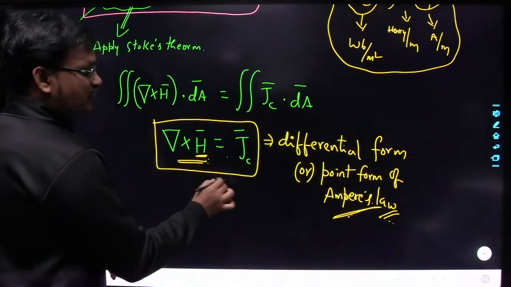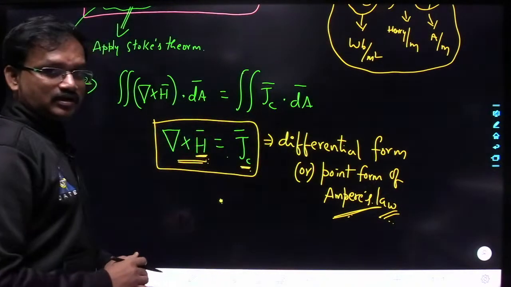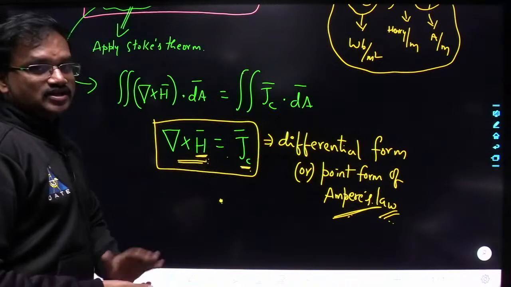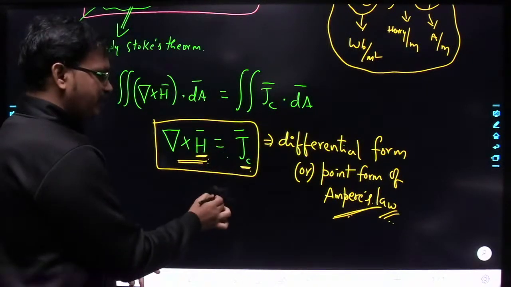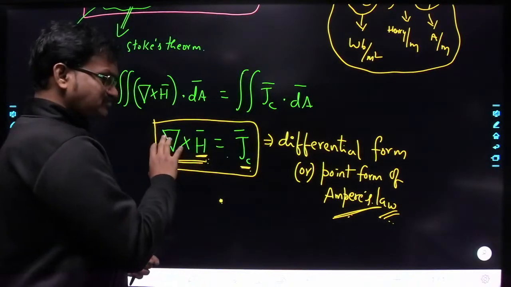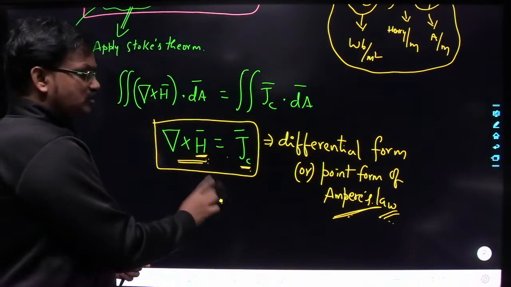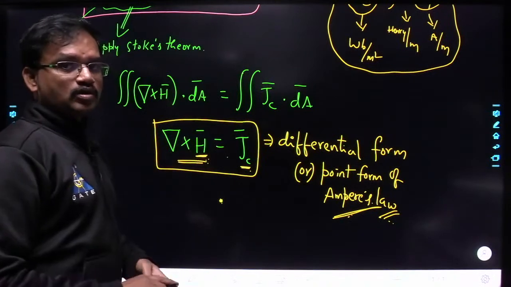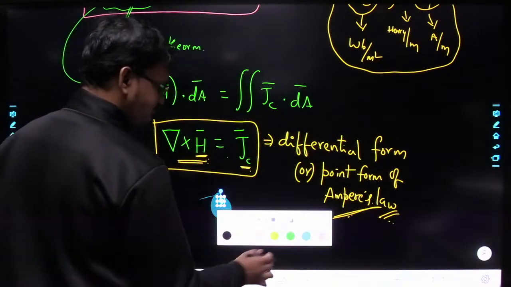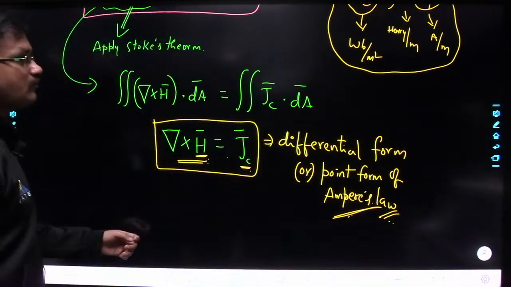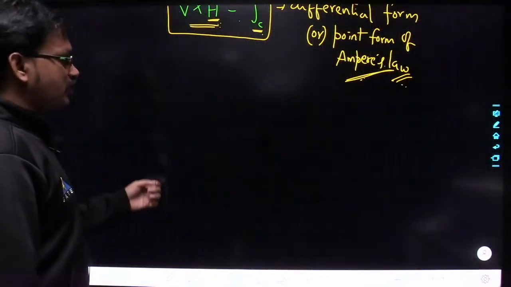The source of that H field is current, that is, the current density at that point. Understood? Okay, so if the current density at that point is equal to 0, then the circulation of the vector field about that point will also be equal to 0, right? Okay. So finally we got